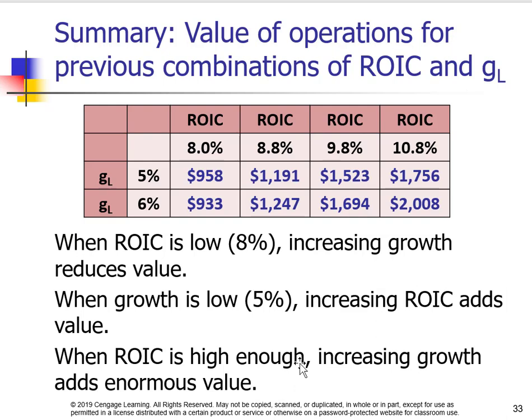Of course, we can create tables, look at some growth rate, look at some return on invested capital, and we could find out those places where we would find the maximum value of the firm